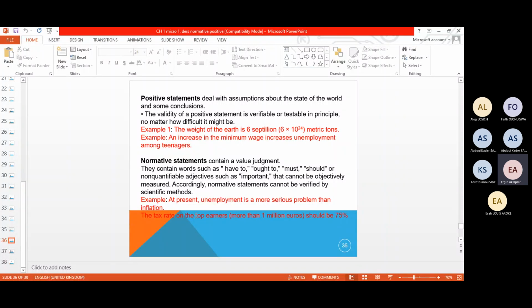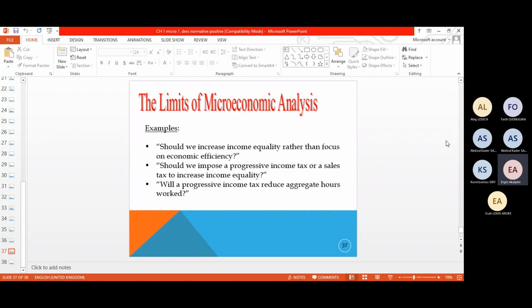Normative statements contain a value judgment. They contain words such as have to, ought to, must, should, or non-quantifiable adjectives such as important that cannot be objectively measured. Accordingly, normative statements cannot be verified by scientific methods. Example, at present, unemployment is a more serious problem than inflation. The tax rate on top earners above 1 million euros should be 75%, which is supposed to give some information about doing something. And the limits of economic analysis, if it is going to be as an example,